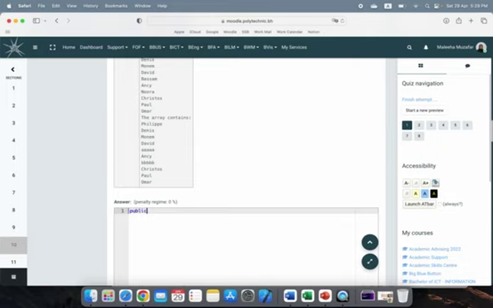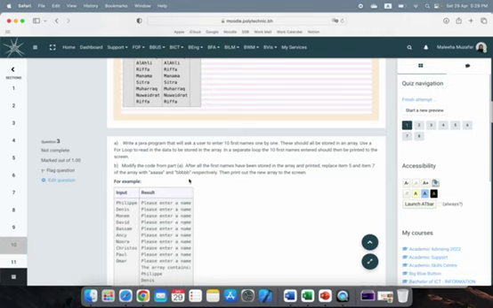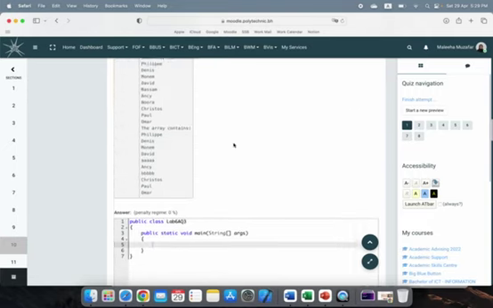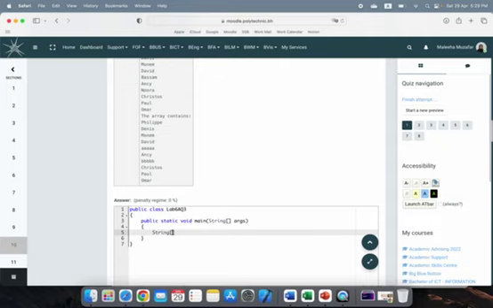So similarly, same as what we've done before, public class lab 6AQ3. This is the third question. Public static void main string array arguments, and then here you need to create an array that will store 10 first names. Now first names are text. Names basically are text, and in order to store text you need to use string. So string array names is equal to new string array of 10, because we need to store 10 names,